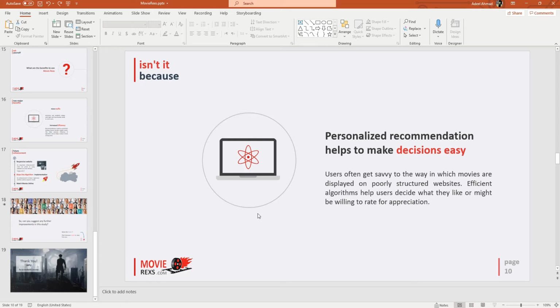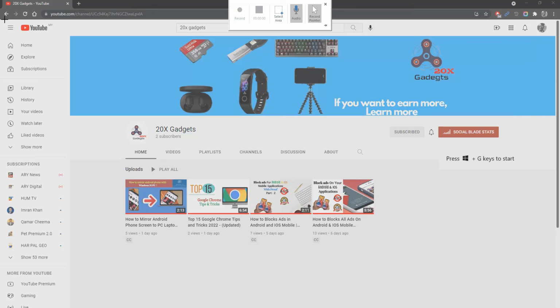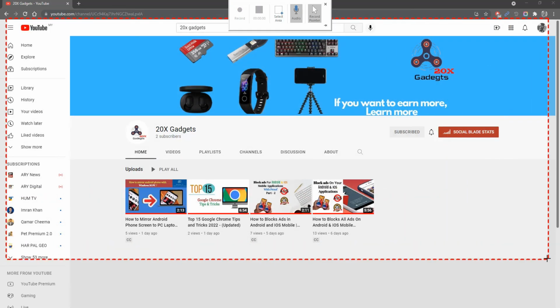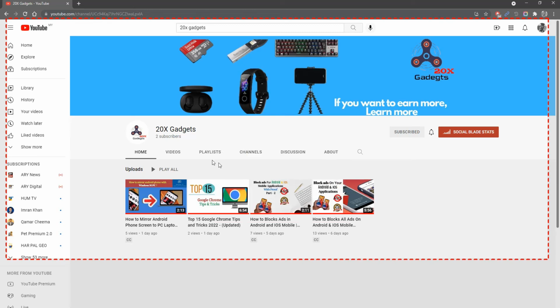Go to the top main menu and click Recording. Then from the bottom menu click Screen Recording. A new selection tool appears to select the area to record. Select your desired area and click Record. Display our video. Once you are done, click Windows plus Shift plus Q on your PC keyboard to end